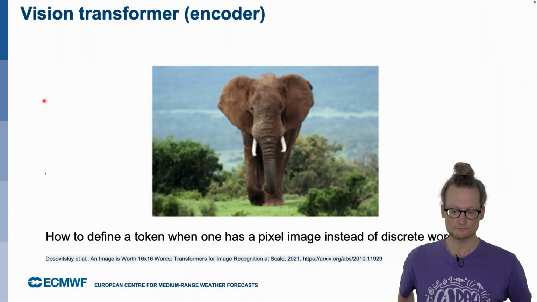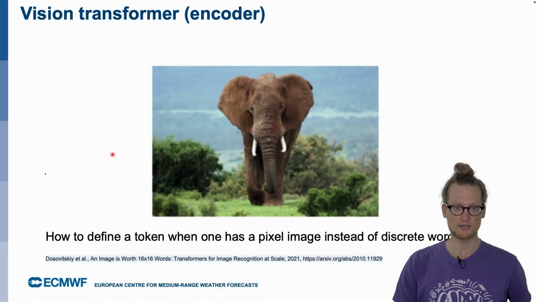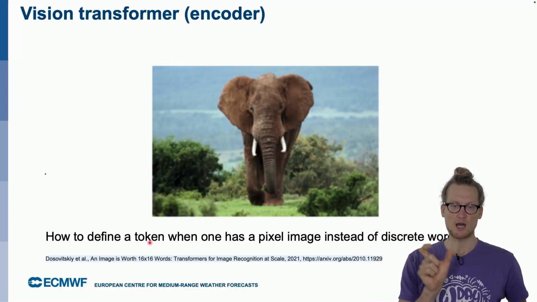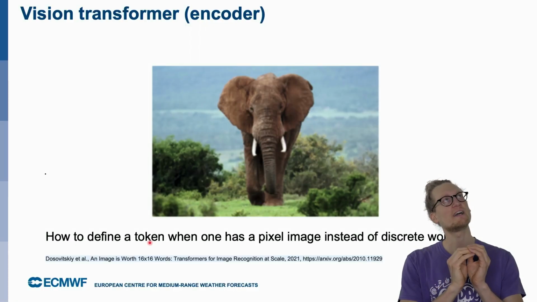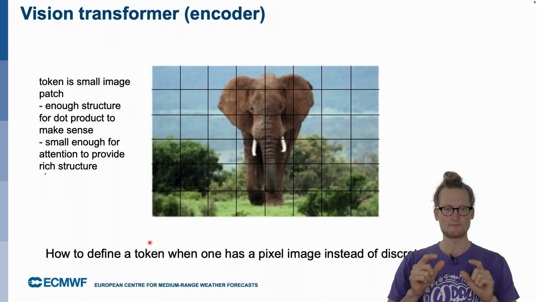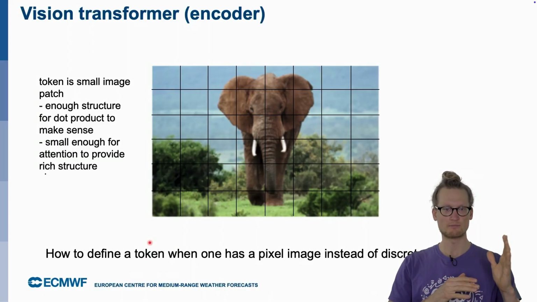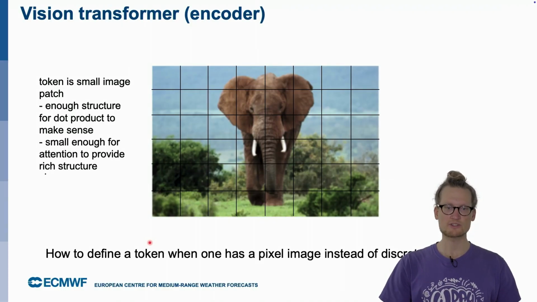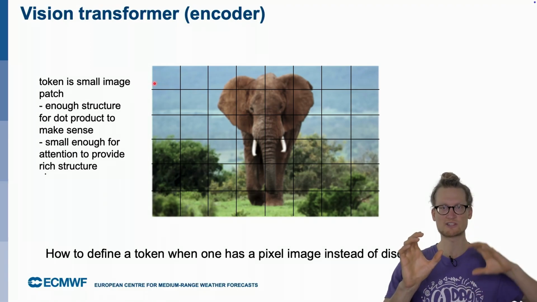And this is a new paper that has been proposed in 2021, where you think about how you define the token of your input. What they actually do is they separate the input image into n by n patches. The reason they do it is that by separating the input image into patches, they can say each of these individual patches now represents one token.